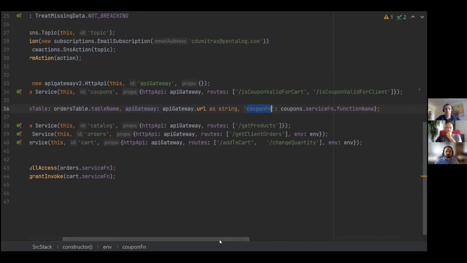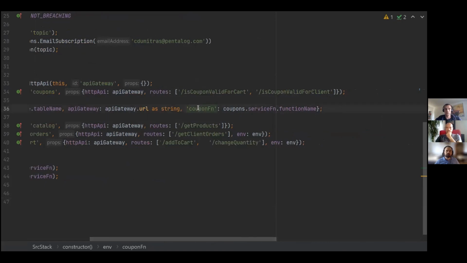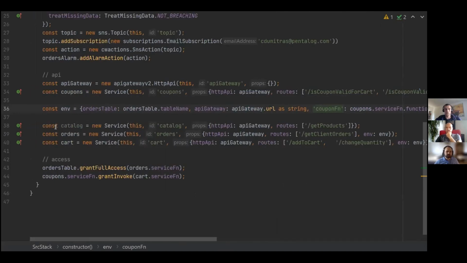And for our order service, we're going to need to do some basic, I wouldn't call it service discovery. We're going to have to link them together so they know how to call each other, right? So the order needs to know where the coupon service is. And this is pretty simple. This is basically exactly the same thing.